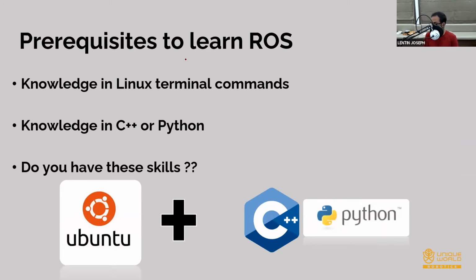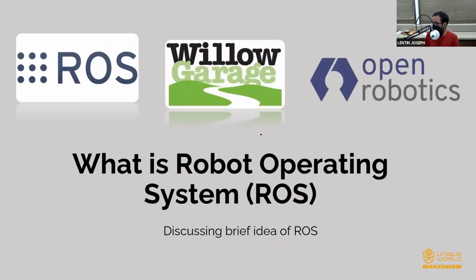In order to start working with ROS, for programming robots, I think these skills are the minimum prerequisites. You should know the Linux environment, Linux commands, then C++ or Python, anything will be fine. But I will say if you know both C++ and Python, it will be much better, because Python is used in small programs for scripting, and C++ is used for performance. And if you know these, you can start with ROS.